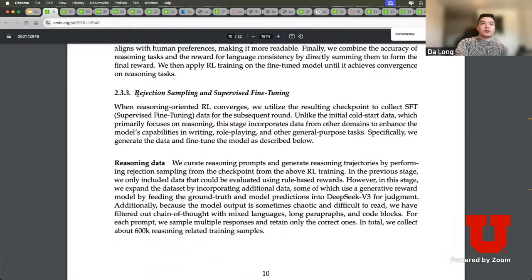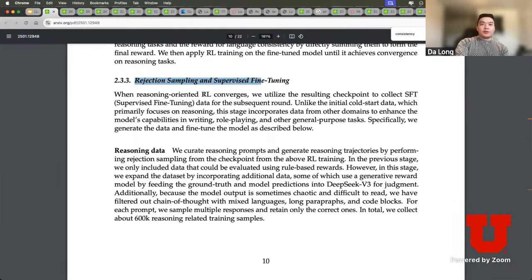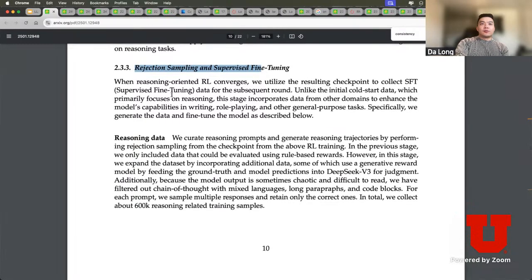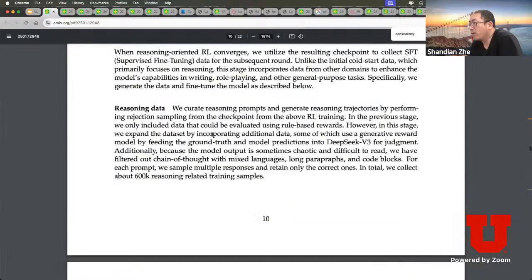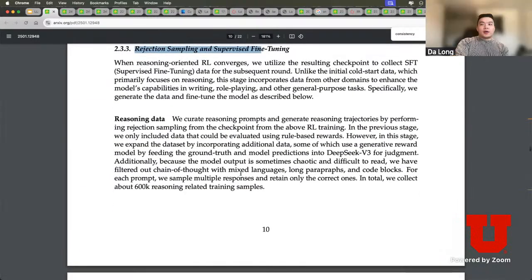Okay, so next they do reject sampling and another supervised fine tuning. So it means when the reinforcement learning model converges, they just load the checkpoint and collect the supervised fine tuning data. It means they give you the model answer and let the model generate the chain of thoughts, and they collect the data like this, right? Yeah, once they generate, what's the next step? So I think the next step,